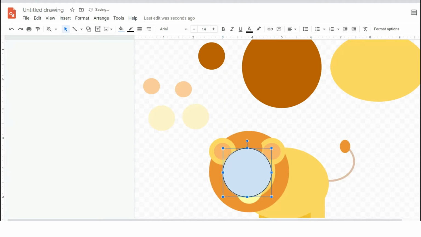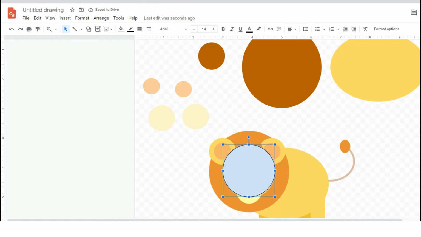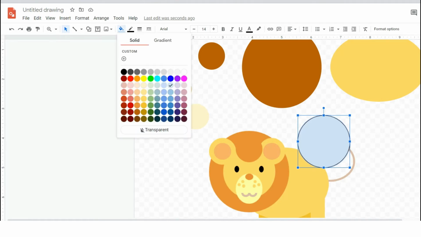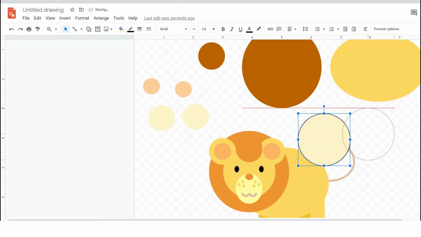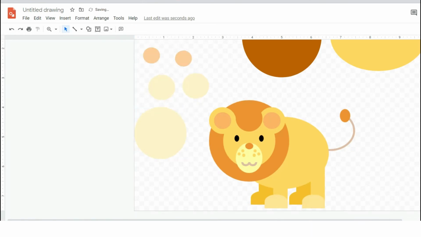So let's make it bigger. While you resize, you click these handles, you press shift on your keyboard, so that you will have a perfect shape like this. This is a circle. Okay, so now this is for the face. It should be the same color with this. Okay, so I can have that one. Where is that? Maybe this one. Okay, and here, did I forget to make this transparent? And here also,